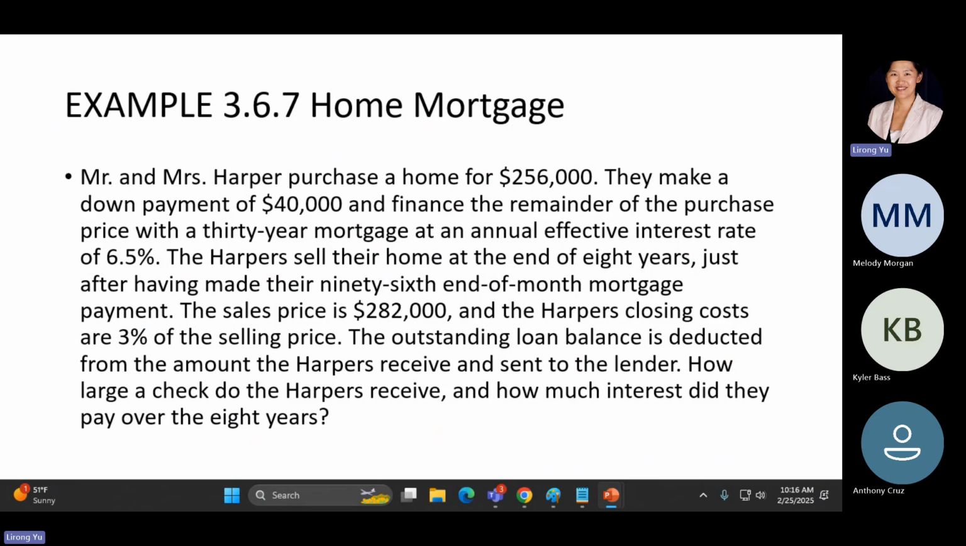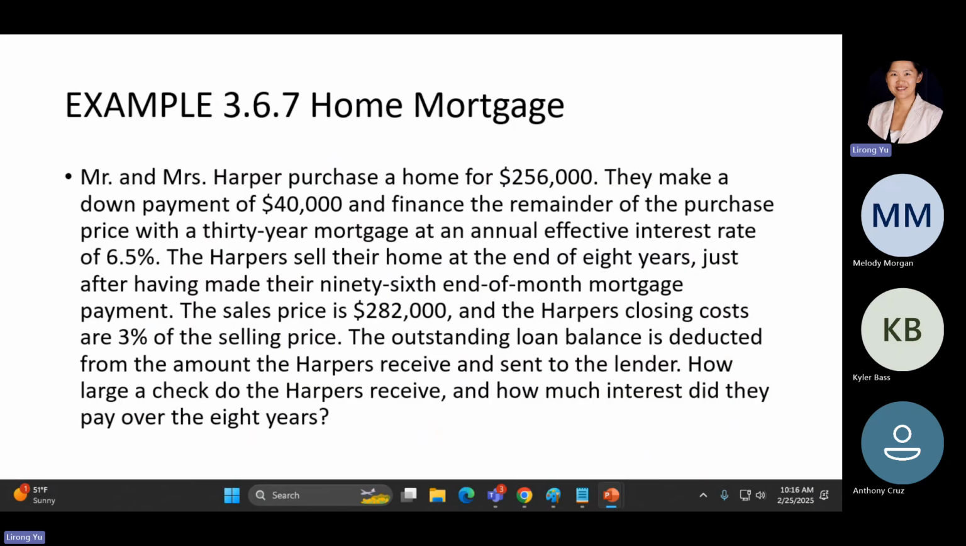All right, moving forward, the next question is about a home mortgage. Let's say we buy a home for $256,000. Right now we have a mortgage. The down payment is 40,000. So we take away the 256 minus 40. That's the loan. The down payment you pay with your cash, and the rest is all financed. So the loan amount will be the subtraction of those big numbers. The interest rate is